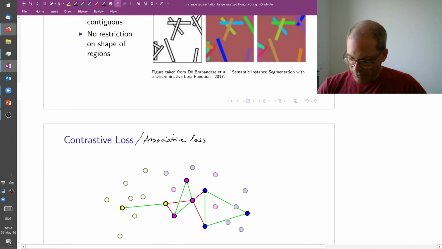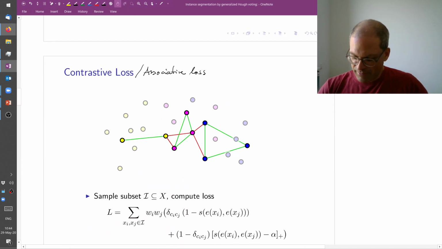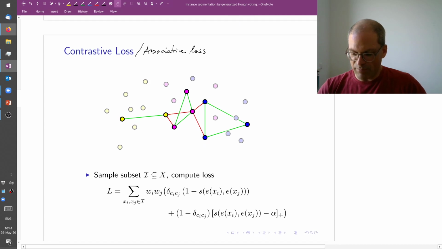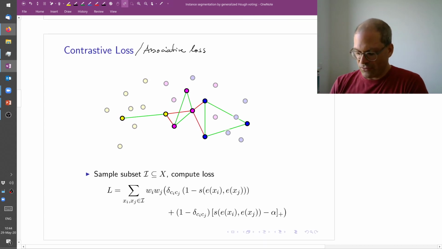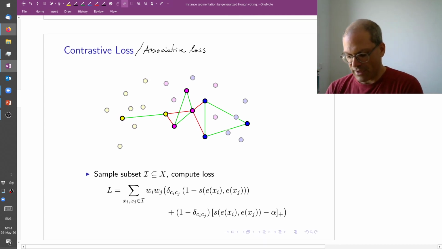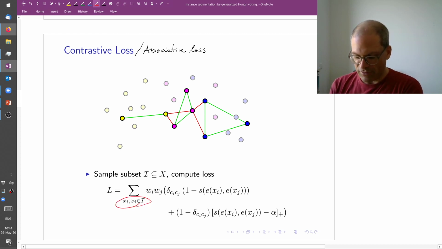Now, how to do that? I've mentioned this pull and push loss. So let's look at this formula here for contrastive loss or associative loss. We have a summation over all pixels or patches, or over all pairs of pixels, over all pairs of patches